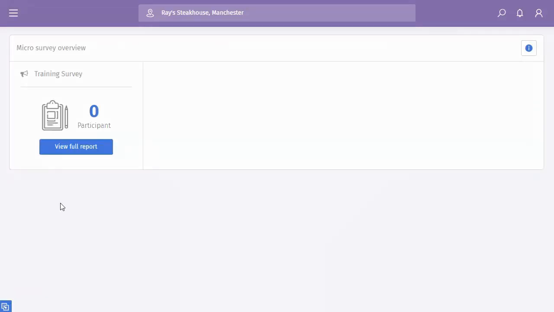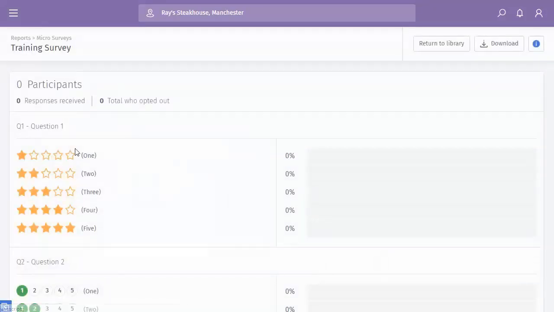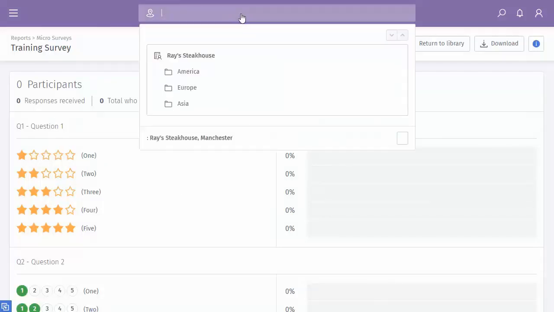So clicking into the micro survey report, as you can see, there's my training survey. It's telling me that there's been no recipients as yet because I've already just created it. So clicking into the view full report will show me the questions I've created, but obviously have no responses. Now I'm currently at venue level. If I just jump up to company level,